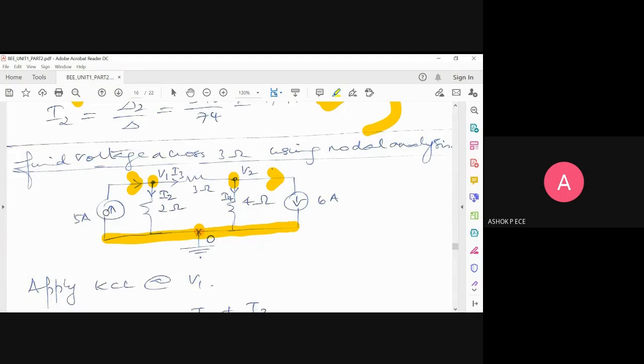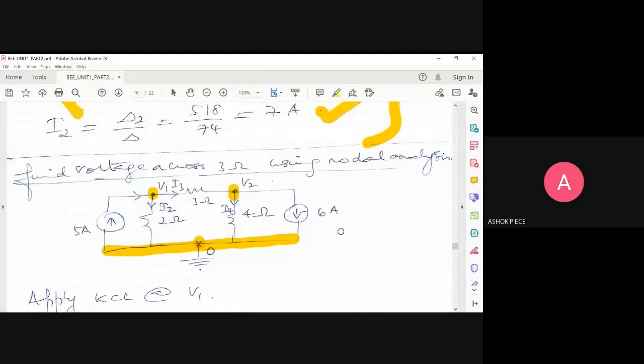I am assuming that this 5 amperes is getting split. This 5 ampere is splitting and going like this. And this current is splitting again into two currents. Again, there is no specific rule on how to split the currents. You can give the direction for currents as you like. Ultimately, if you wrongly assume the direction of current, you will get a negative. So the negative is not wrong. It will indicate to you that the direction you have assumed is wrong.